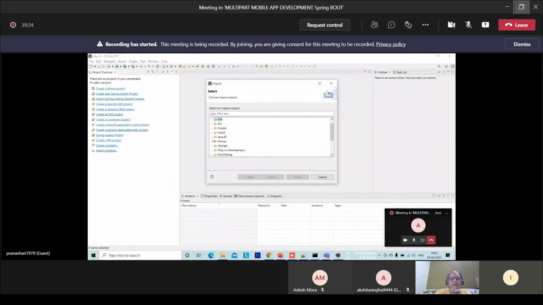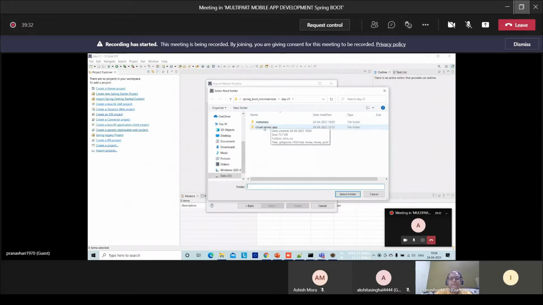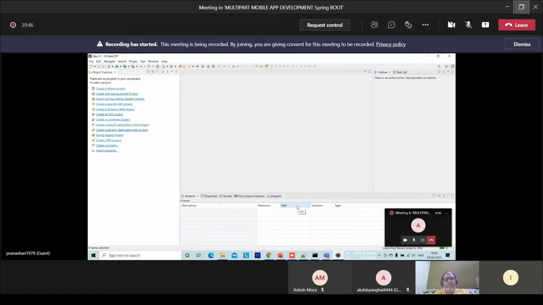Not like that; we have to go for Maven, existing project. Next, browse and select the cloud server app folder. If it is checked, that means everything is proper.